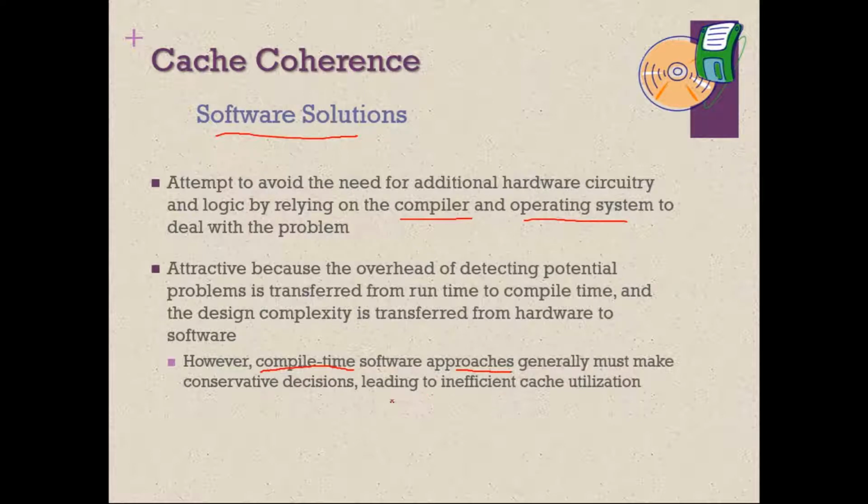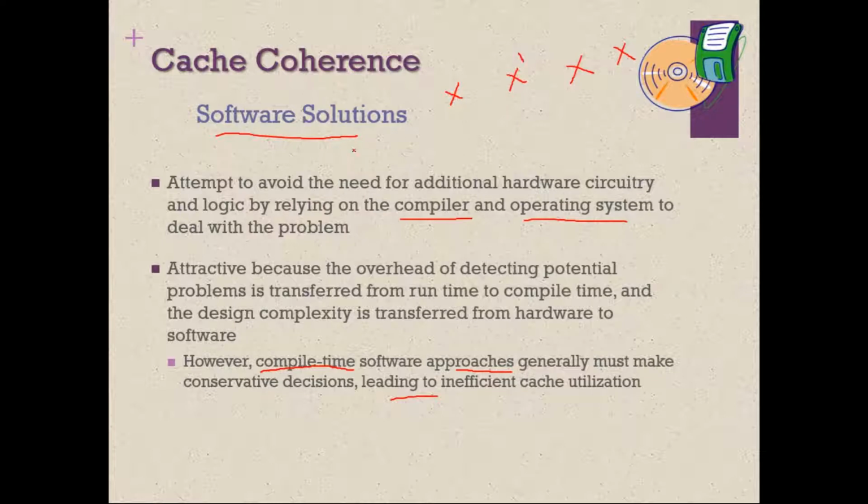The compiler should ensure that such instructions are not cached. Okay. So the problem of coherence comes when there are multiple copies of an item residing in more than one processor, and if one processor updates that item, then the item in all other processors becomes inconsistent. So this is called the cache coherence problem.